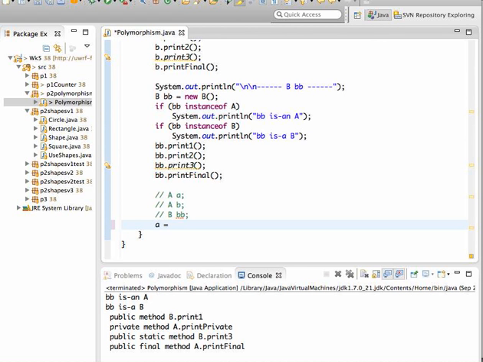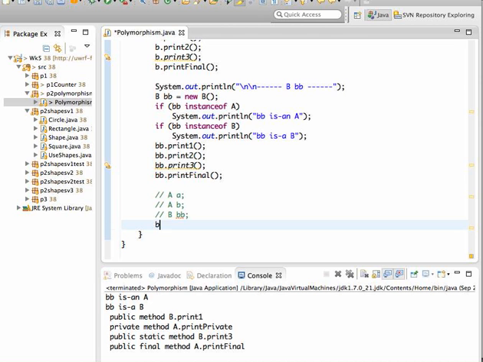We can say a is equal to b. Is that okay to do? Yes, because they are both reference variables of the same type, and so you can do this. So even if b is actually pointing to an object of type uppercase B, a can point to an object of type uppercase B because of polymorphism. Okay, so b can be assigned to point to an object of type A or B, same thing with lowercase a. So then you might say, well,